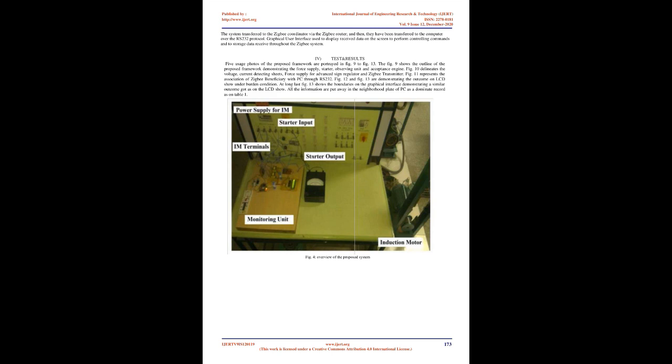This IEEE standard principally characterizes the correspondence among physical and media access control, Macintosh, layers to deal with the various gadgets with low information rates. The WPANs of these sort of Zigbees work at 868 MHz, 902 to 928 MHz, and 2.4 GHz frequencies. It is most appropriate for intermittent just as middle two-path transmission of information among sensors and regulators at the date pace of 250 kbps. It has three sorts of organization: lattice, tree, and star network for these geography associations. The quantity of switches, organizers, and end gadgets relies upon the sort of organization utilized.